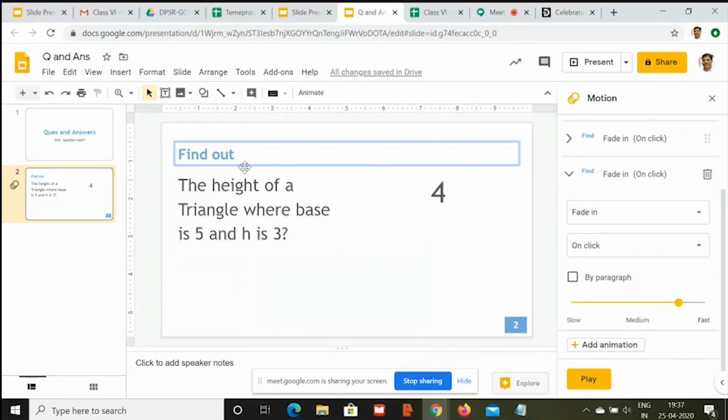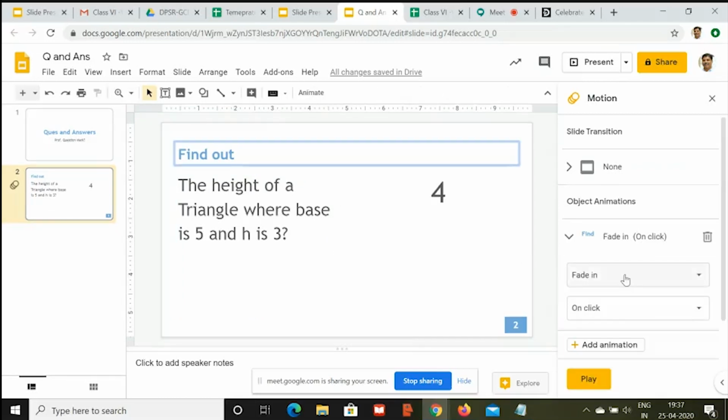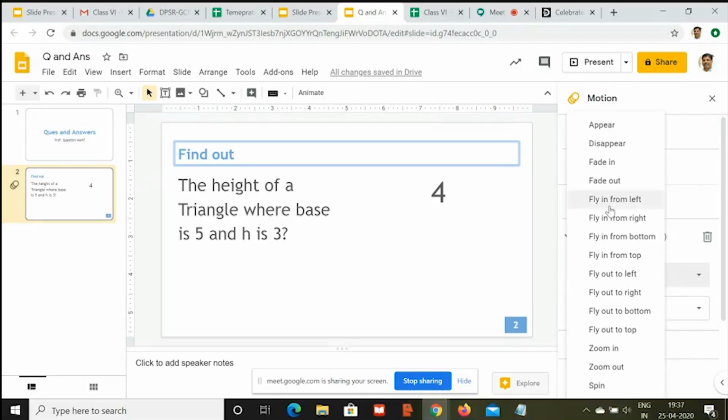I don't want find out to come with a click of the mouse, so I'll leave that. I want this to appear first when I press enter. So I will select this, and here I'll say on click, appear.